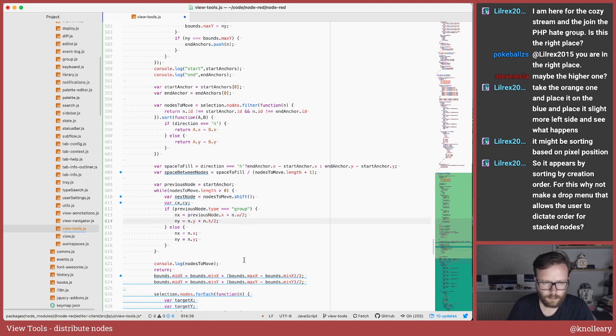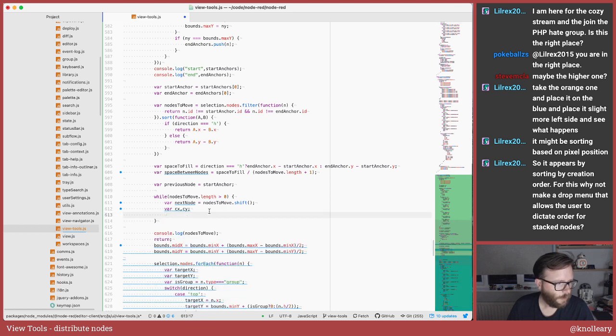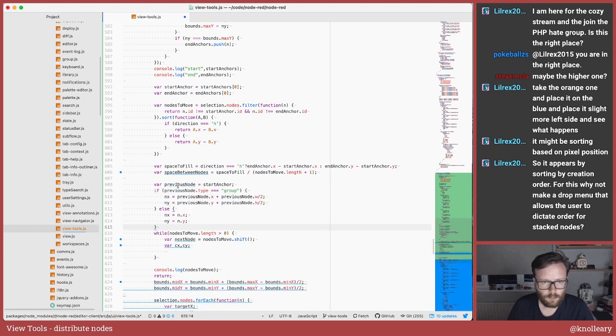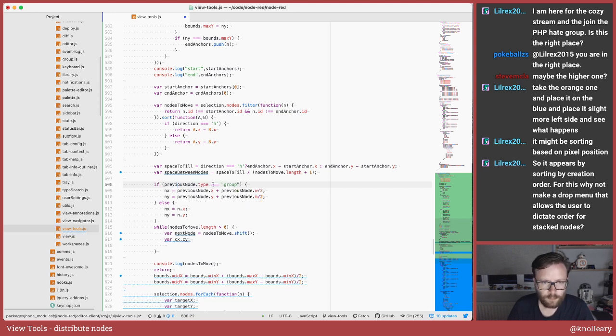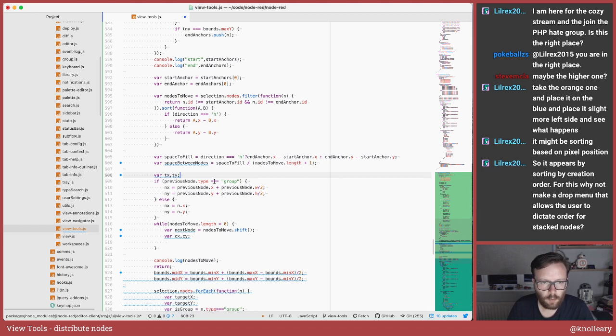Yeah, I think we might end up with some... No, we don't need, sorry, we don't do it this way. This is wrong. So we don't need previous node. What we want to do is we need to have a target X and a target Y. So this is where we want the node to be. And we start with the start anchor